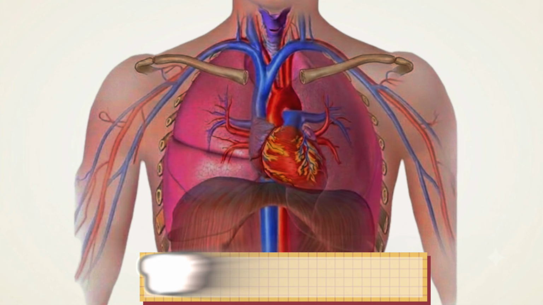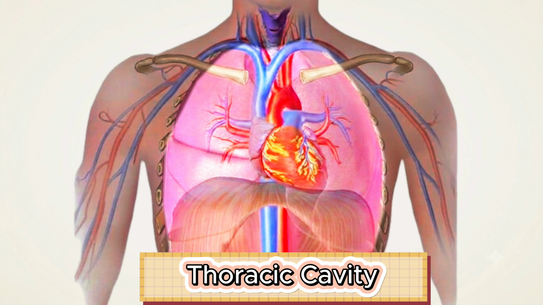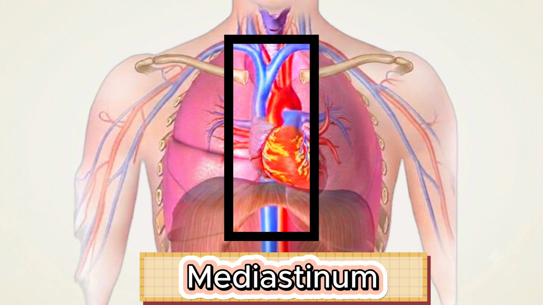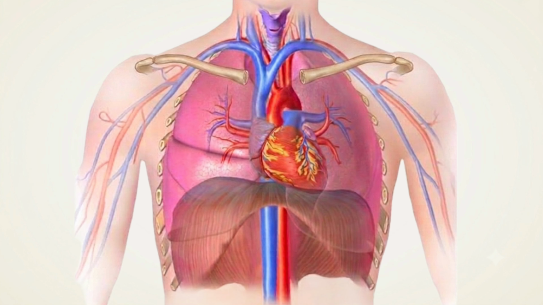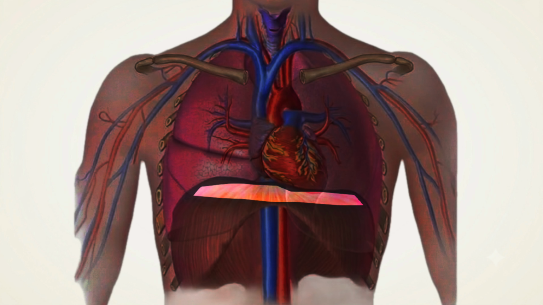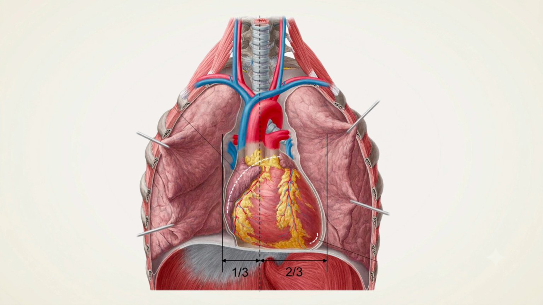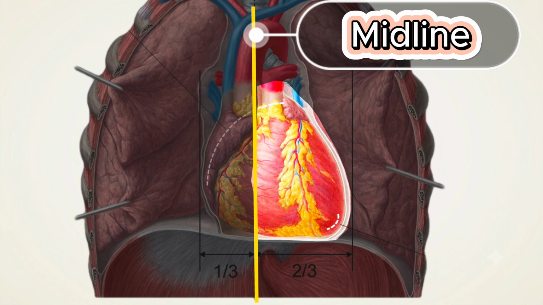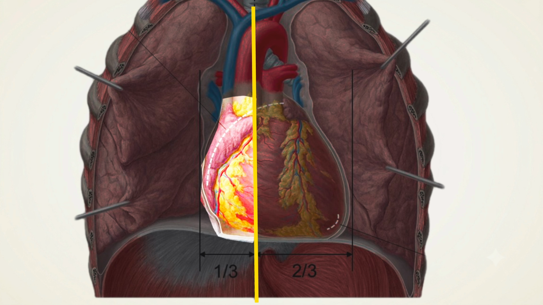The heart is located within the thoracic cavity, inside the mediastinum. The mediastinum is the central space between the two pleuropulmonary spaces. The heart lies posteriorly to the sternum and rests directly on the superior surface of the diaphragm muscle. 2/3 of the volume of the heart is positioned to the left of the midline, while the other third is